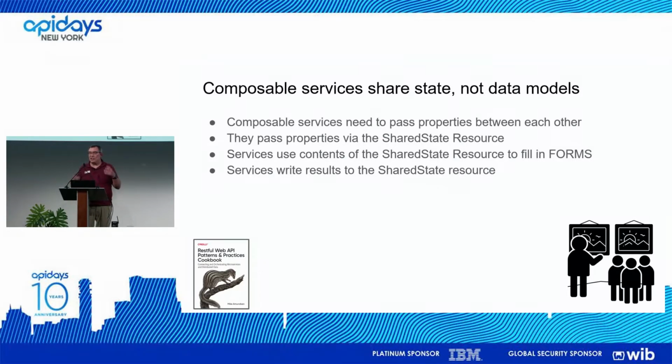So we can have a shared state resource. A resource out there that is just tied to our thread or our process or our instance. You can use any kind of security system you want. And that means that I can just write results into the shared resource, which may be needed to fill in forms for the next service in the list of services that I'm doing. Right? So I can always look at, somebody says they need a zip code. Let me look in shared state and see if there's a zip code. Zip code, there you go, right in there. So we can create these shared state documents.